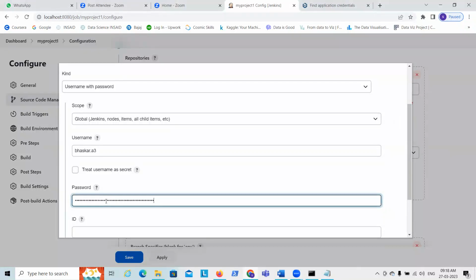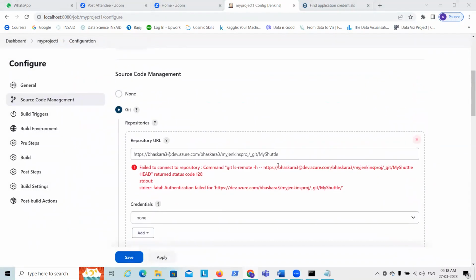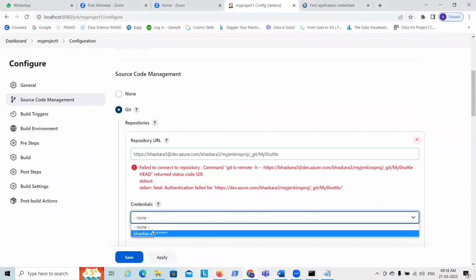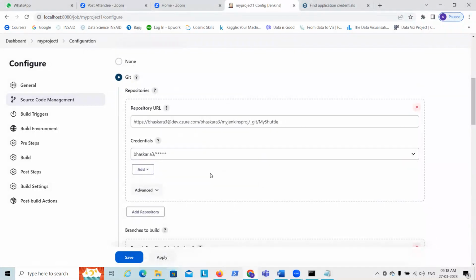So when you go to your project and add, yeah. Now select that under the credential dropdown. The above error should go away actually. Yeah. Right. So what we have done,